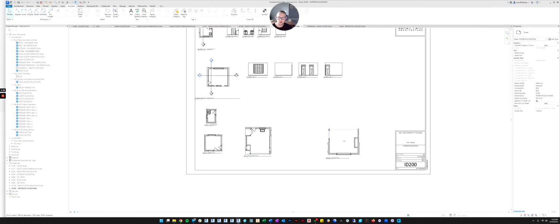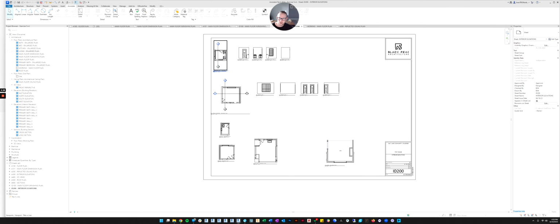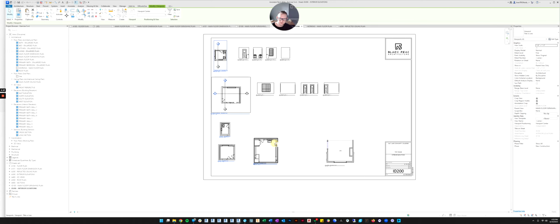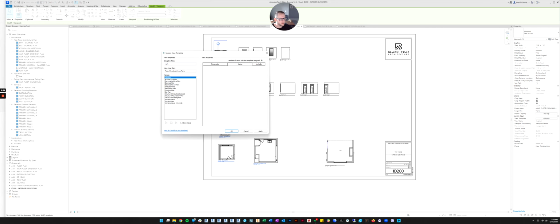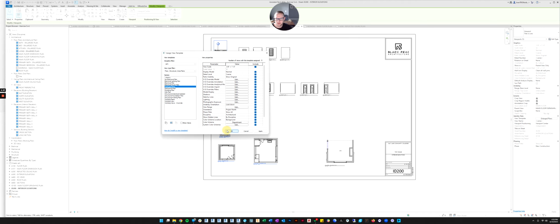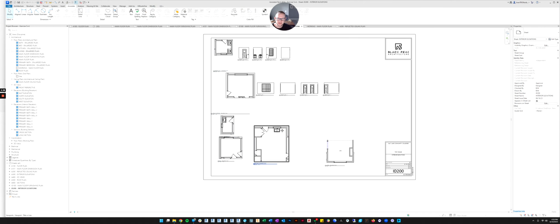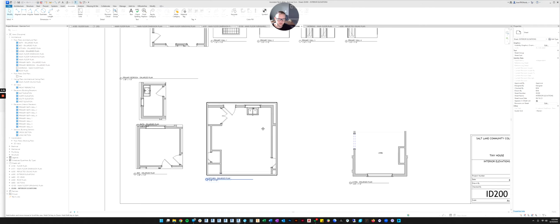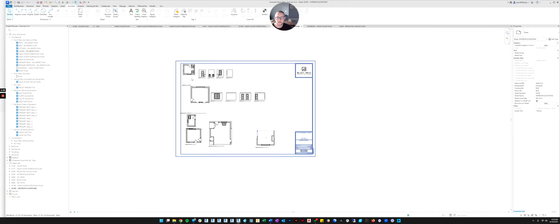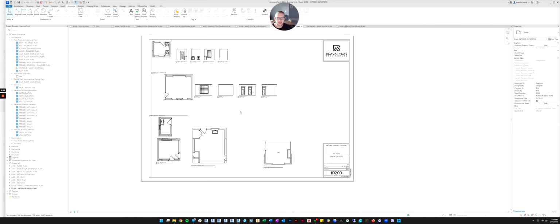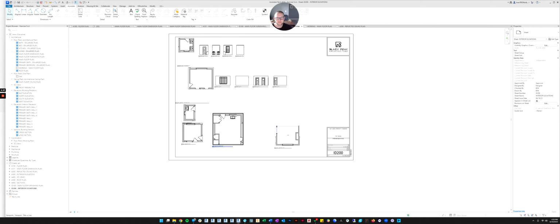We want to do that with all of the views. So I'm going to control click all of these views, and I'm going to come over here and assign them the enlarged plan view template and click OK. Now, do you see how it changed the scale and all the graphics settings, and you didn't have to do it 1, 2, 3, 4, 5 more times? It saves a lot of time.